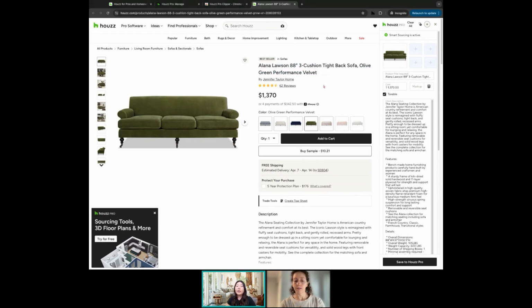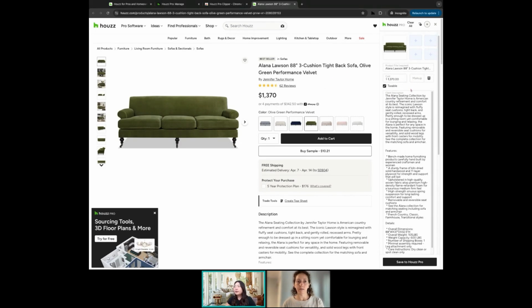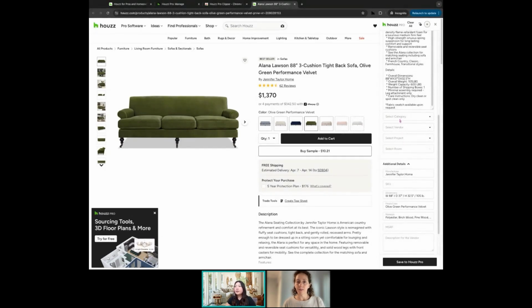This tool works for any website, so it's not limited to just Houzz. You can use Pottery Barn, West Elm. You can clip as many images as needed for that particular item, and you can also adjust the cost as well. Down below here, we can also assign this to a particular category and vendor,